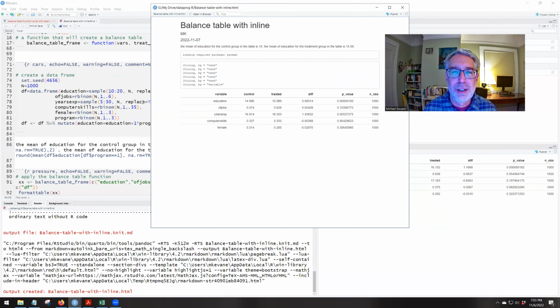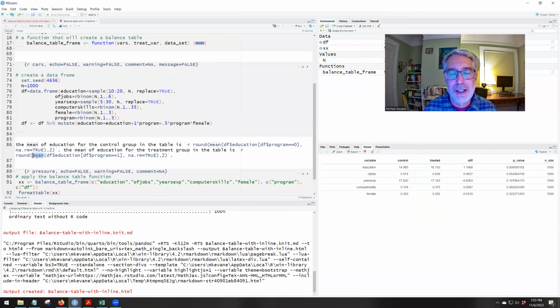Good, so that's how you can include an inline mean. You could do the standard deviation. Whatever this mean is, we could replace with standard deviation, or with median and any other values that we want. And here's how we do a subset of the data. So it's the variable education, subset for the observations where the program is equal to 1. Hope that's useful and maybe saves you a little time, and it's a fun thing to learn how to do and use it in